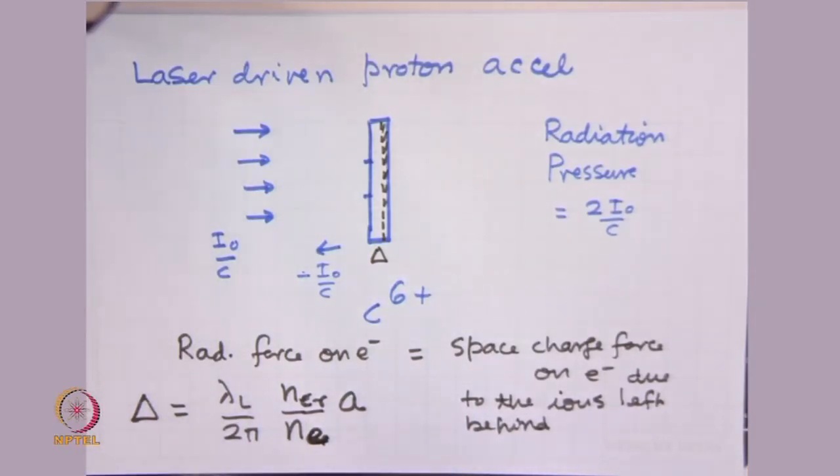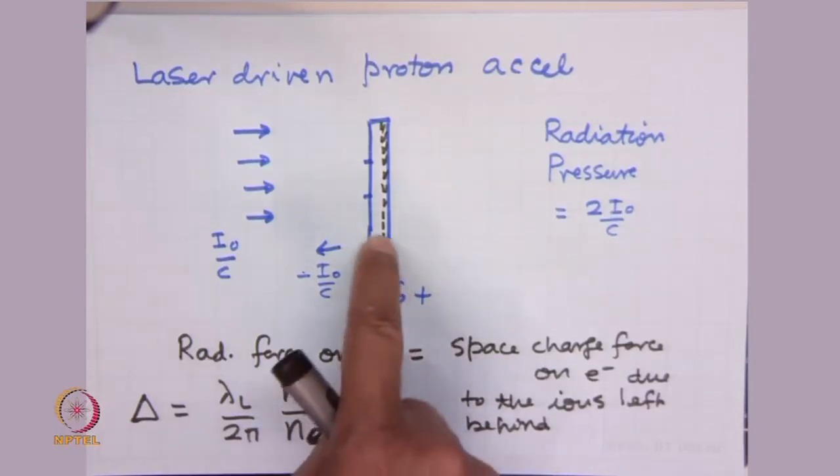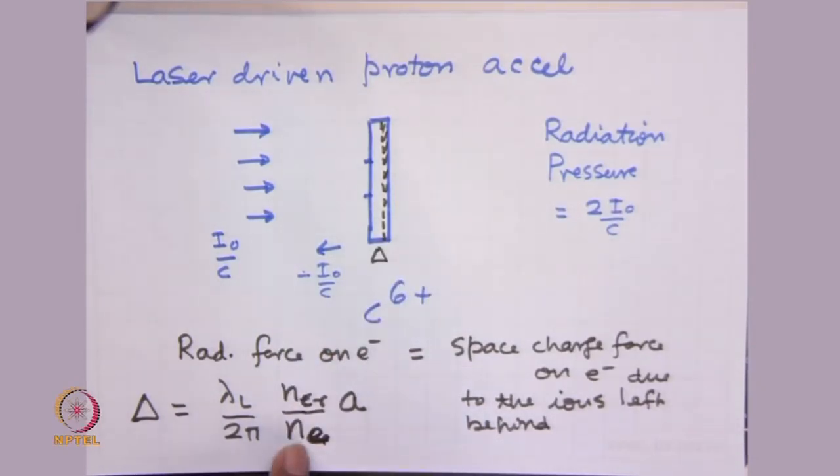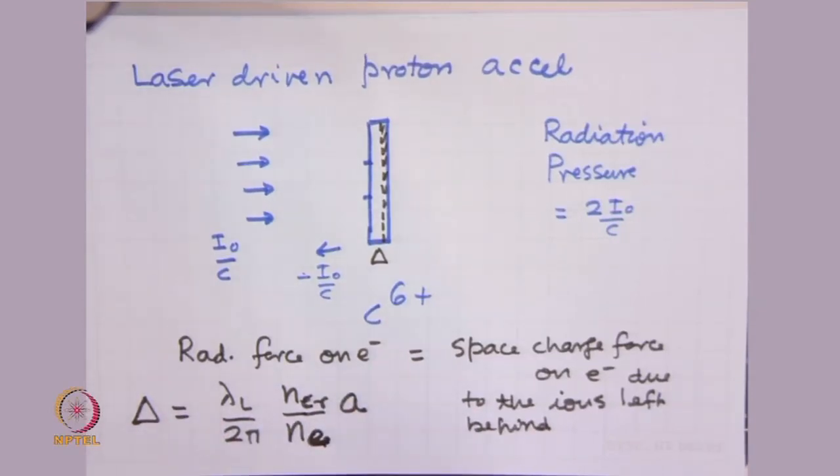So what happens? Typically, if I choose A like 100, which corresponds to an intensity of the order of 10 to the power 21 watt per centimeter square, and choose the electron density in the foil to be about 100 times the critical density, so that this ratio is around unity. The wavelength of the laser employed in these experiments is about 1 micron. So this is like 1/10 micron. So if you choose a foil of about 1/10 micron width, and shine laser light of intensity 10 to the power 21